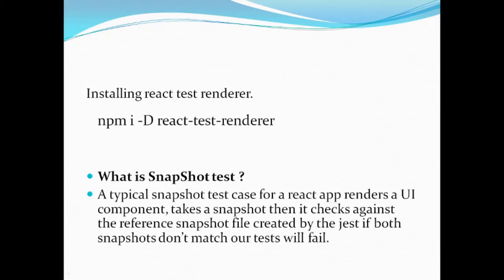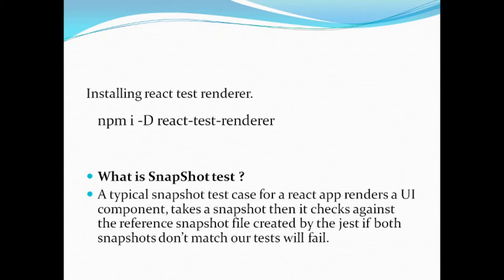In continuation with snapshot testing, first of all we need a library called React Test Renderer. Snapshot testing is a test where the status of your component gets created as a snapshot. Further, if we make any changes to our component, we can immediately test it against the previously created snapshot. If any mismatch appears between your current component status and the previously taken snapshot, it is going to fail the test case. So that is how we perform the snapshot test.